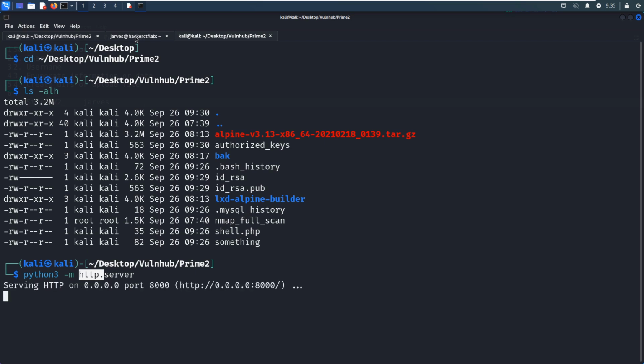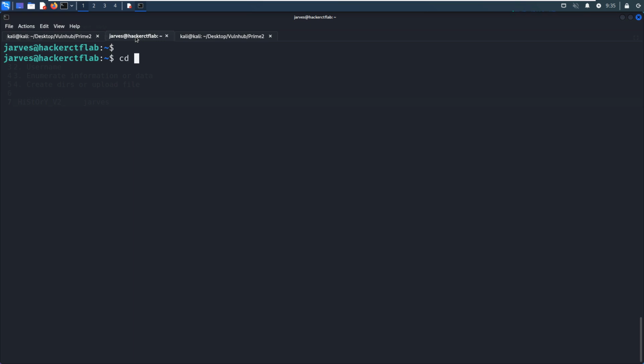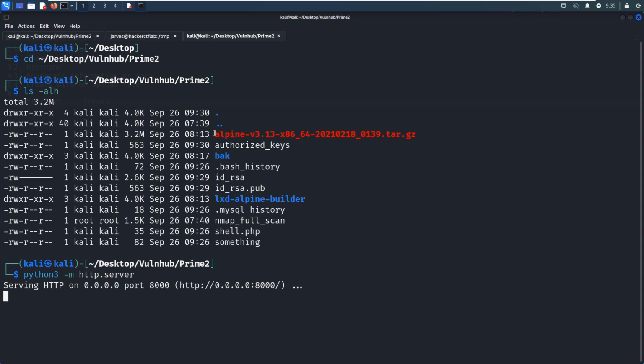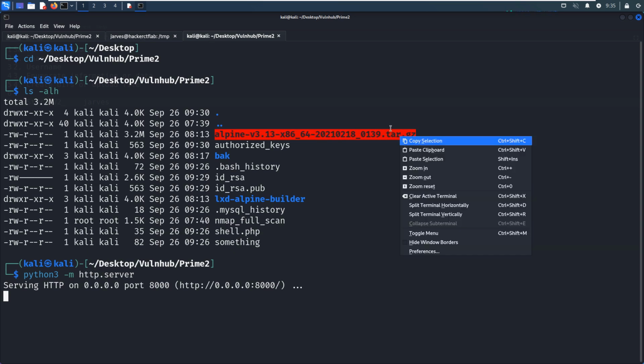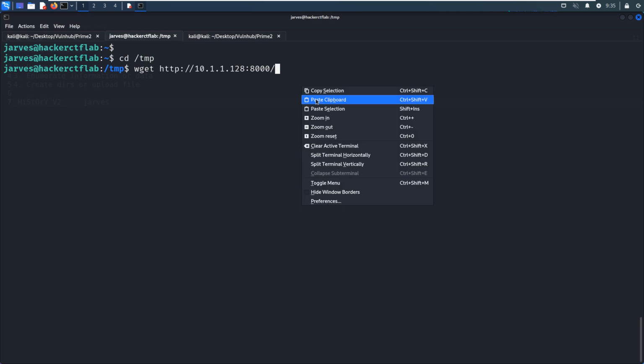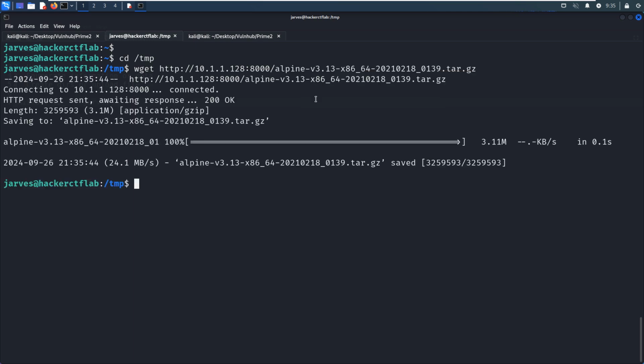Now we can go back to the target and go to the temp directory to download this image, which has a very long file name. We can copy and paste it over here. It's done. Then we can check the image list. Right now, nothing, right?